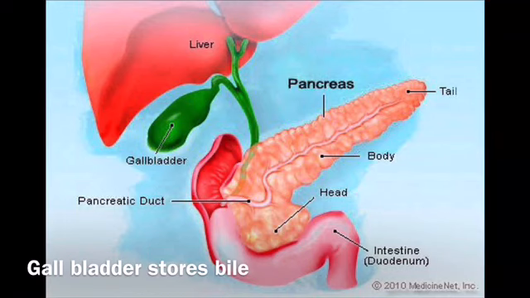Trypsin is a protein digesting enzyme. You have already learned in stomach, pepsin was another protein digesting enzyme. Now, pancreatic juice also contains a protein digesting enzyme, trypsin. The lipase, another digestive enzyme which is present in the pancreatic juice, is a fat digesting enzyme. But this lipase can act on emulsified fat. That work is already done by the bile juice.